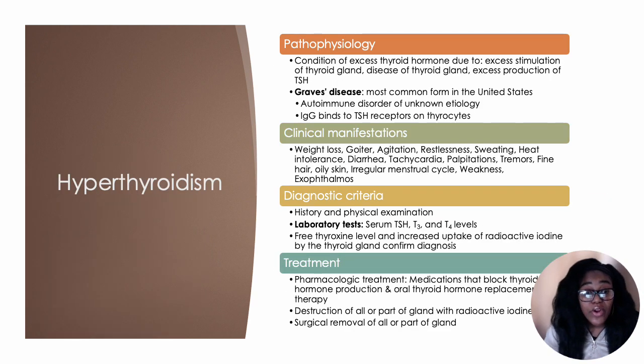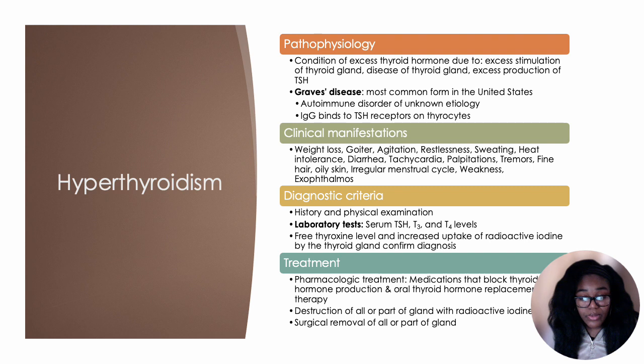Here we have hyperthyroidism, and it's just what it says. It's the excessive thyroid hormone, and it can be caused due to excess stimulation of the thyroid gland. Maybe that thyroid is diseased, and sometimes with disease, it produces that extra thyroid stimulating hormone. One of the more common forms of hyperthyroidism is called Graves' disease, and this is an autoimmune disorder. And there is no known etiology. If I were to give it one, it's called idiopathic in its etiology because it's unknown, but it is considered